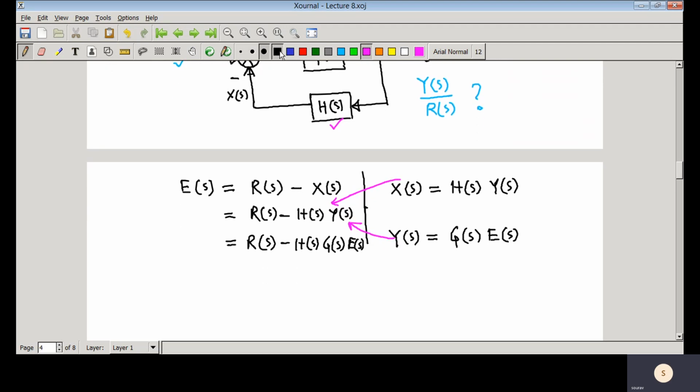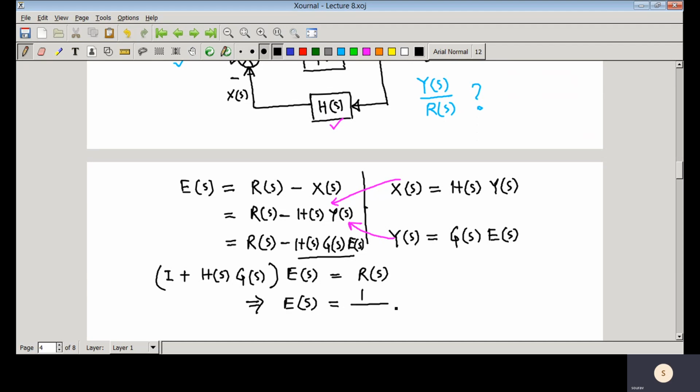Then if you simplify it, you bring this right hand term to the left, and you will get I plus H(s) G(s) into E(s), I have taken common E(s), equal to R(s). So from here you can see that E(s)